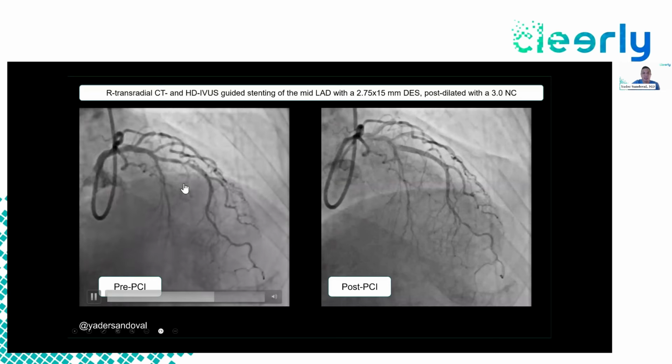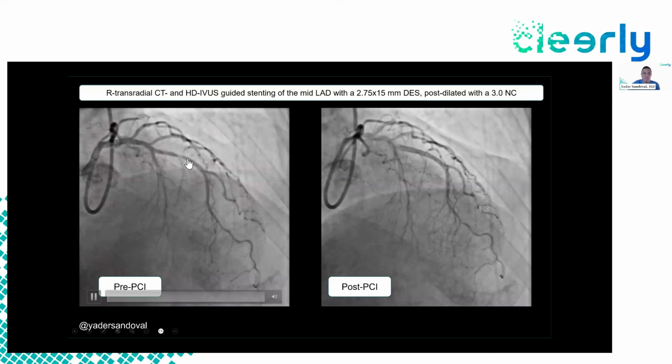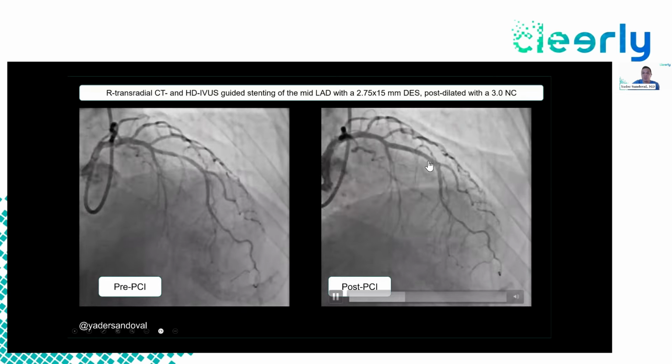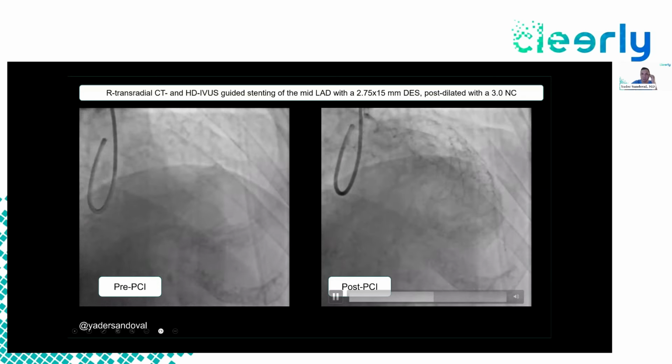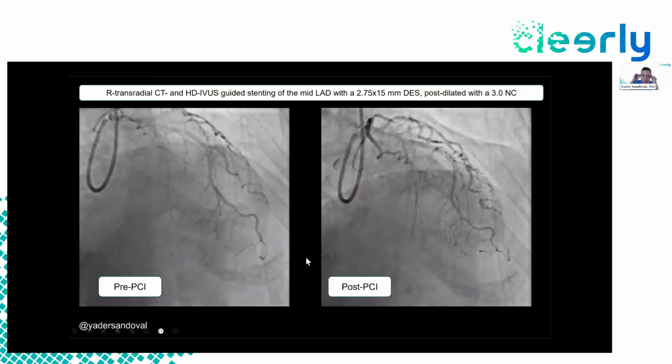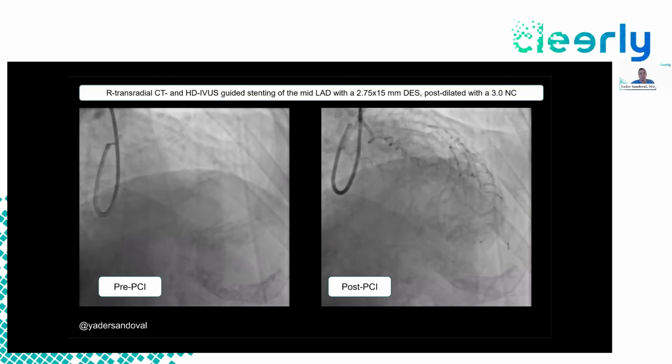You go up front with a guide, as demonstrated before. You can see a very focal lesion in the middle LAD, as we anticipated, treated with a 15 millimeter stent with an excellent angiographic result. The one caveat, as I said, at this particular point in the field of CT that we're still learning is